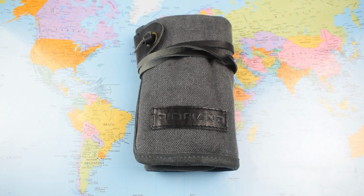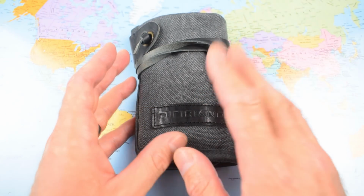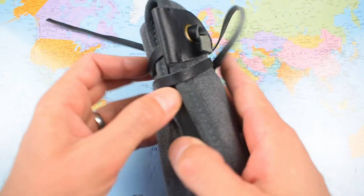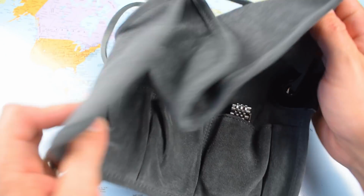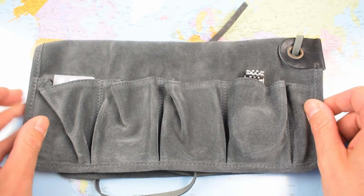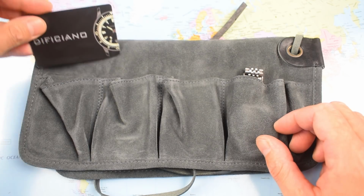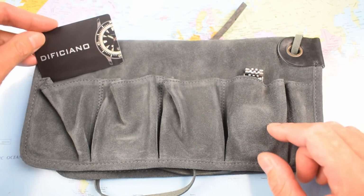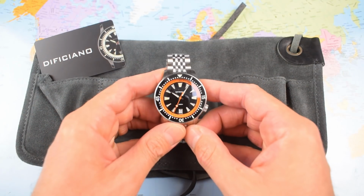I probably don't talk about that enough. The great straight-to-market model that micro brands are the specialists of means that you can send an email to the brand owner and ask them for a discount, and more often than not, they'll have the margin available to give you a discount. Now, only a 1-year warranty, which is a bit of a disappointment. I always complain if a brand doesn't give you 2, but the watch itself, I must say, is a pretty